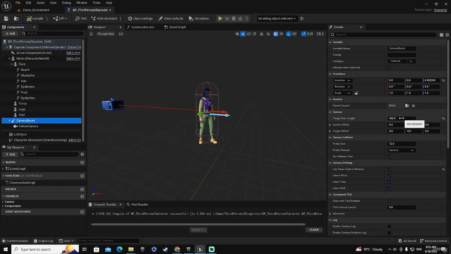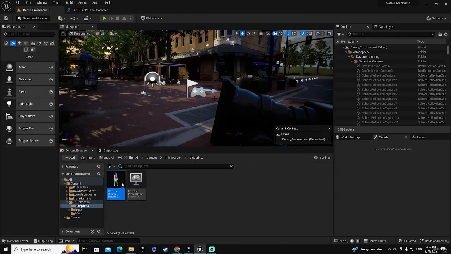Now let's say that you want to change that a bit. You want to have it closer. So let's go to, for example, 250. I'm going to enter. As you can see, the camera boom is now closer. And now I can compile, save, go to my scene,